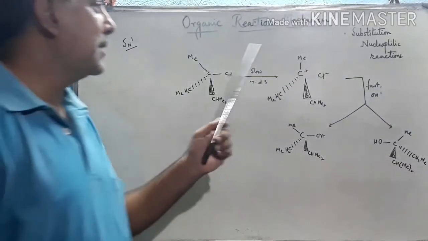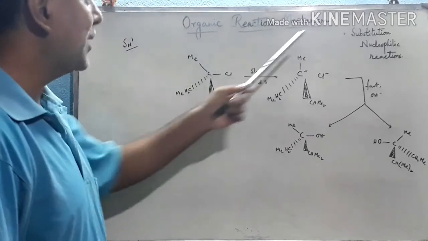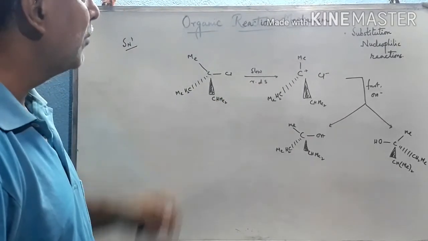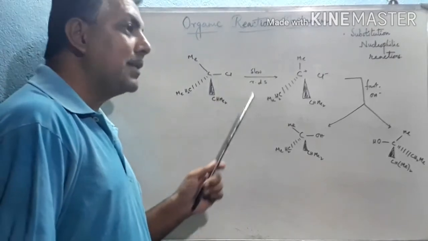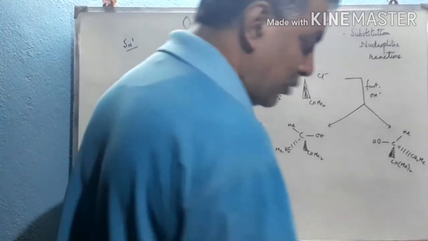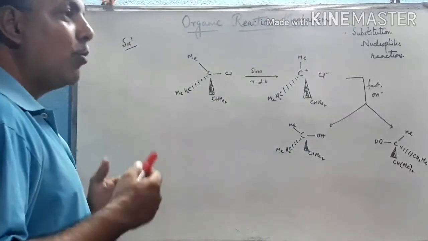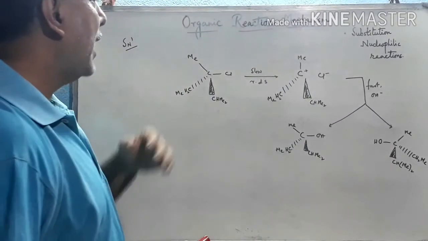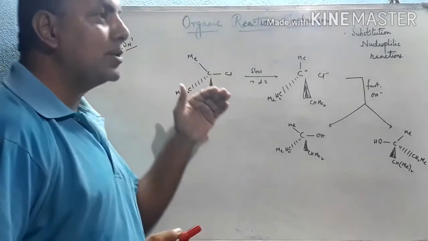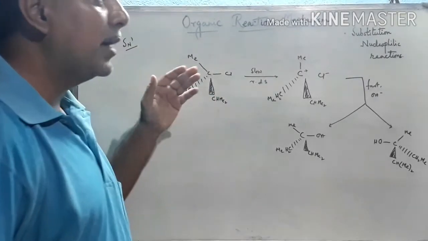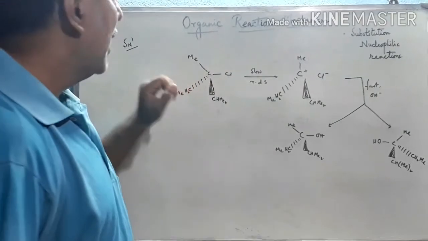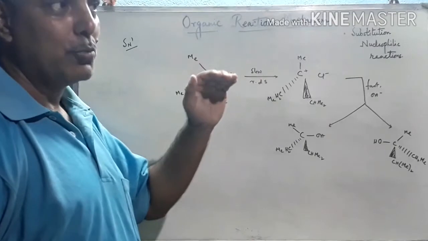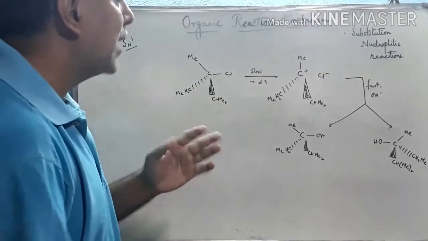Now I am discussing the second type of substitution nucleophilic reaction, which is SN1, substitution nucleophilic unimolecular. Why does this type of reaction show a different mechanism with respect to SN2? Because we have seen that in the case of a 1 degree alkyl halide, where the substitution reaction occurs with the nucleophile, the bulky group doesn't take part, and hence the transition state occurs with 5 different groups or atoms attached to the central carbon atom.